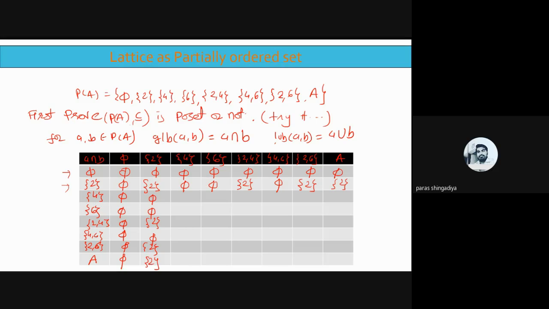And now next is there a singleton 4. So 4 with 4 में common क्या है? That is a 4. So यहाँ पे आएगा 4. Then after 4 with 6 में common कुछ नहीं है, 5. Then after 4 with 2 4, so answer is a 4. 4 with 4 6, answer is a 4. 4 with 2 6, answer will be 5, and 4 with A, answer will be the 4. Clear? So it is for the third row, and here using this value in the third column, there is a 4. Then after 4, it is a 5, and here it is a 4. Clear?